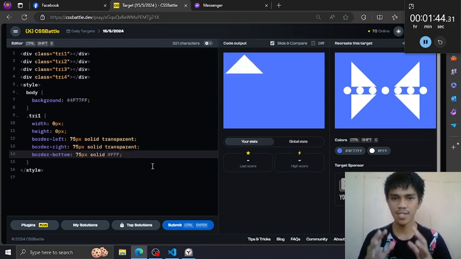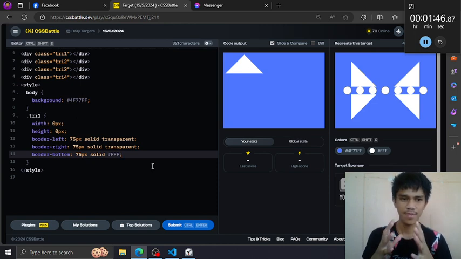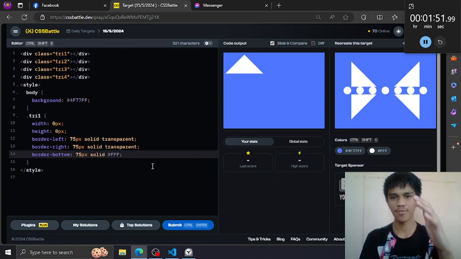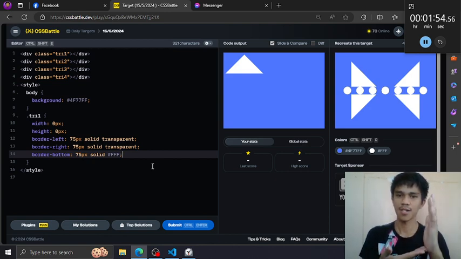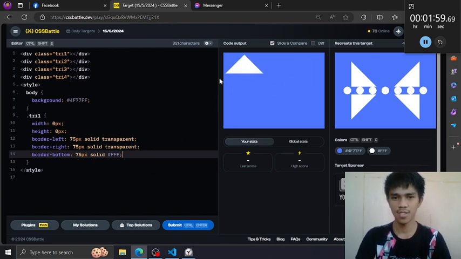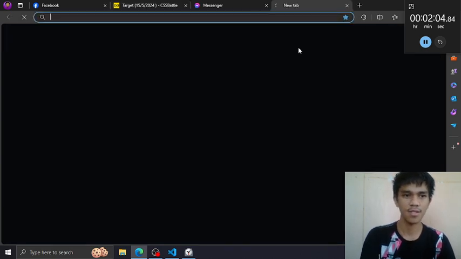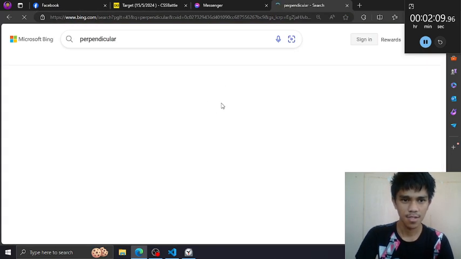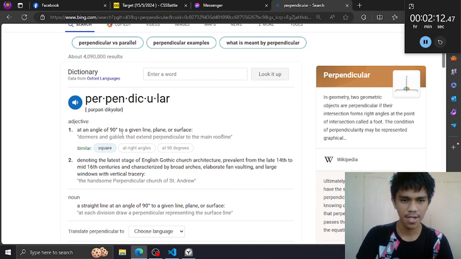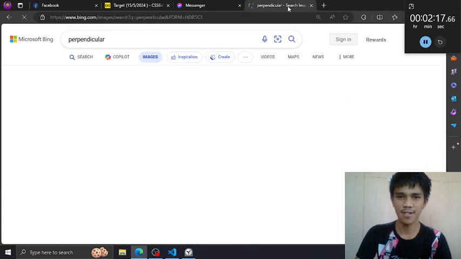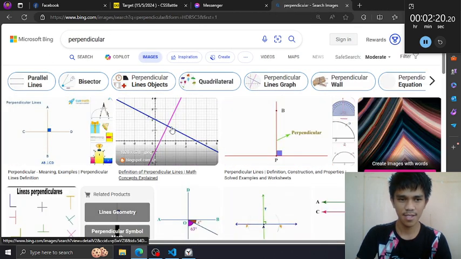And to make a right triangle, we must make one side, what do you call this, parallel or intersect. No, this is also intersecting, but perpendicular, I guess that's the word. Let me search it a bit. Perpendicular. An angle of 90 degrees, that's correct.